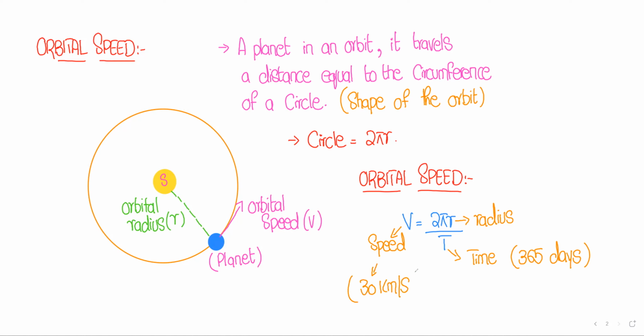So we have the speed of the Earth and the time required by the Earth to complete a rotation around the Sun. So we can easily calculate the value of the radius or the distance between the Sun and the Earth, right? That formula will also help you find the distance between any two planets,